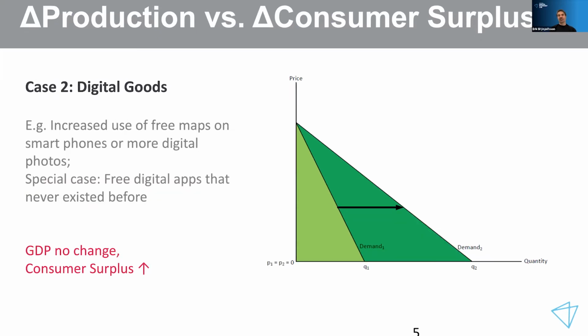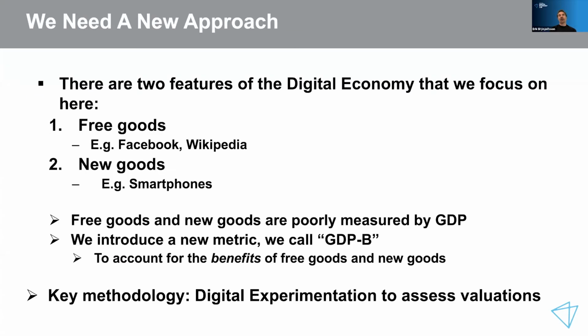The problem is when you get to digital goods, things that cost zero, like free maps or Wikipedia, then you can get a big increase in consumer surplus, a lot more articles or downloads or views, and no real change in GDP. Maybe some changes in electricity, but it's not really notable. So you're missing the benefits that these goods are creating, and we all know that these goods are becoming more and more common. So there are two features we want to zoom in on to measure better. One is the free goods I just noted. The related issue is new goods. When something's introduced, there's a tremendous value just from the existence of the product that is not properly captured in GDP either. And again, these have been recognized problems, they just haven't been addressed.